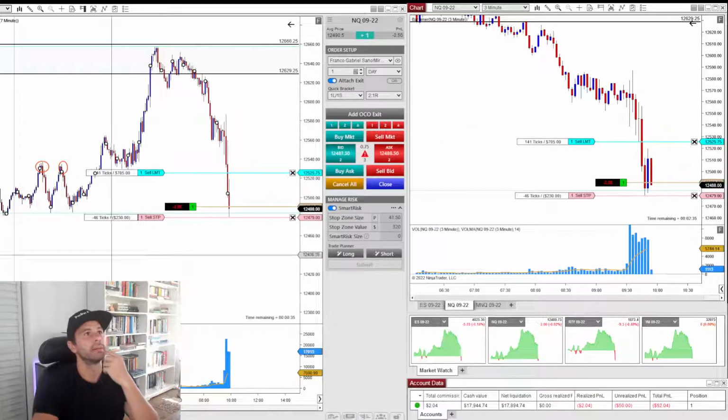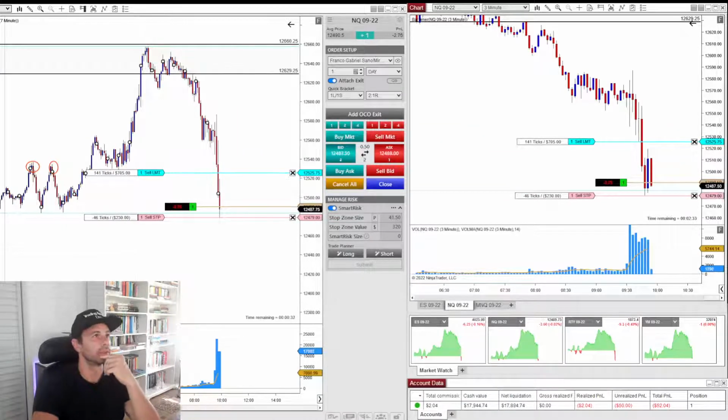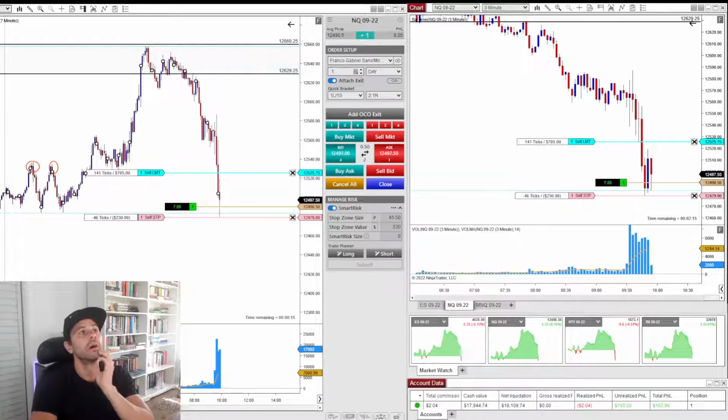All right, and this thing is not looking very good, but it is what it is, guys. I do have a setup, and I need to follow it. Now, the tick chart is making a new low, though. That's not good. The tick chart created a new low. So this is the 7-minute. It's 9 seconds for it to close. Let's see if we can have a spike to the upside.